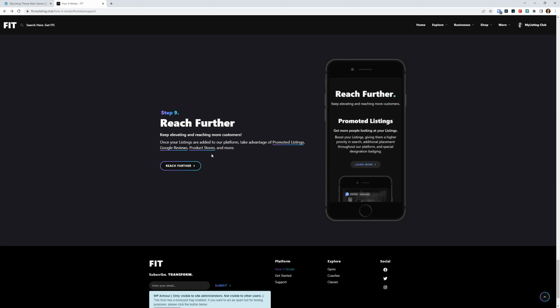by allowing these people to embed little, like, miniature stores into their listings. Or you could work it out and say, hey, I'm going to keep the plans really low and you're just going to pay me a commission. Okay, so if they click on this, it's going to take them to a Reach Further page,